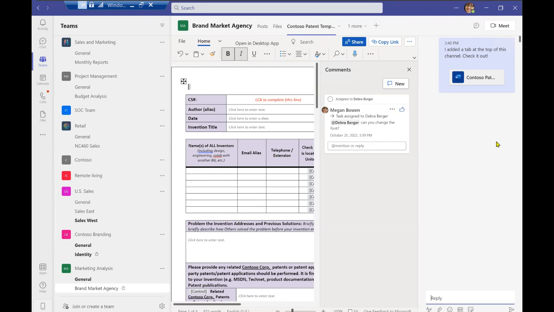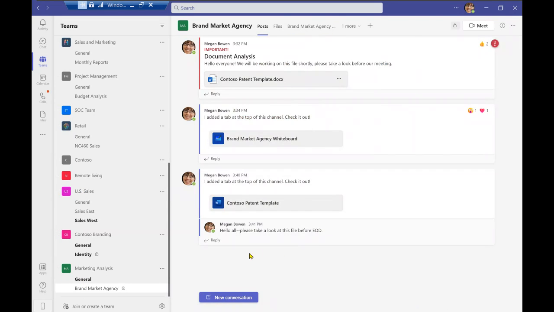And now that post will appear once over here. I'll go ahead and show you once we return. Within that conversation, which will remain threaded for everyone's easy access. So I'm going to go ahead and return back to that channel, and you'll see that post that I created just as Megan will appear right there.